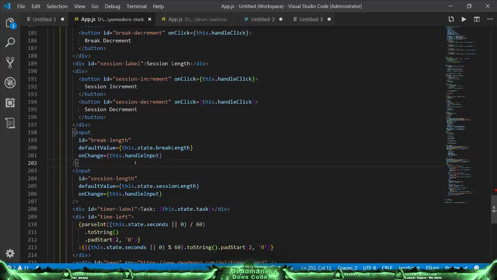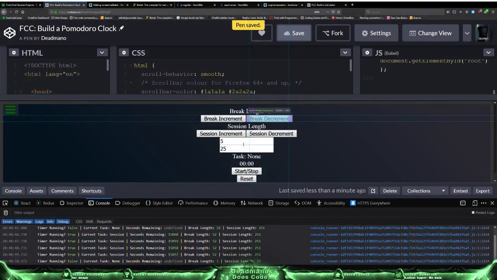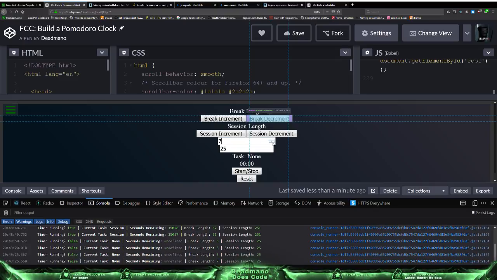Wait, you could set type number, I think, right? Is it type? Was it type number? I can't remember. Input type. I'm going to have to double check that just to be sure. Yeah, it is. But then why don't we just have that instead of the buttons, because they want us to have buttons. This is like the weirdest thing ever. Why can't we just use the buttons